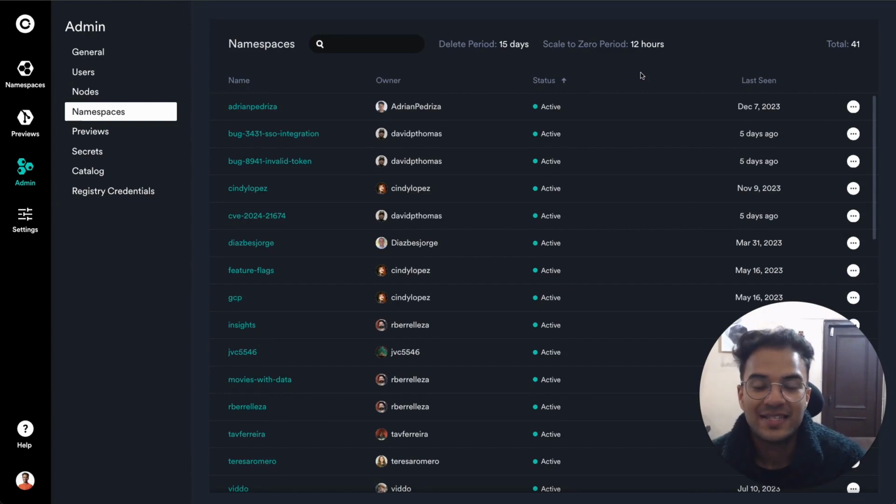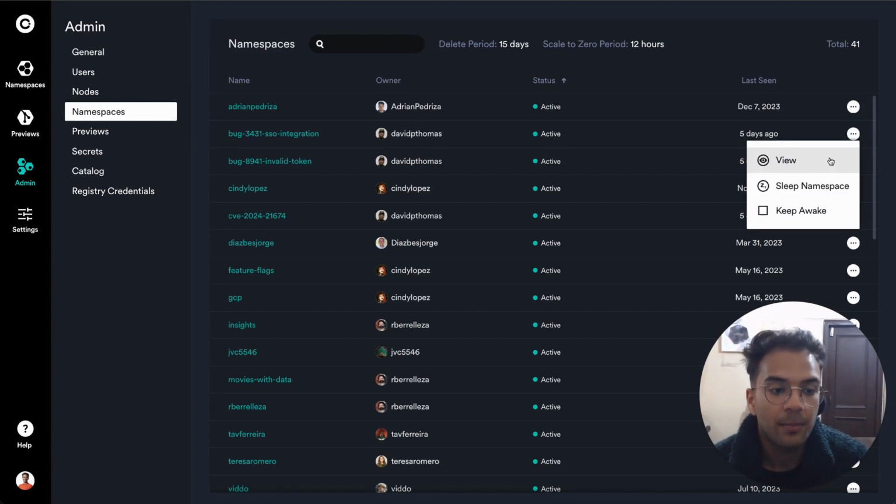This is very useful in scenarios where, let's say, some developer is on PTO and you did not configure a garbage collector, or your garbage collector would take some time to kick in, but you know that developer is on PTO. You can manually come and put their namespace to sleep. What this would mean is it would scale down all the resources to 0